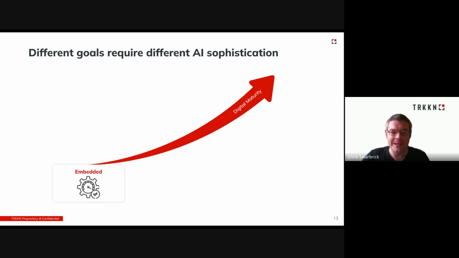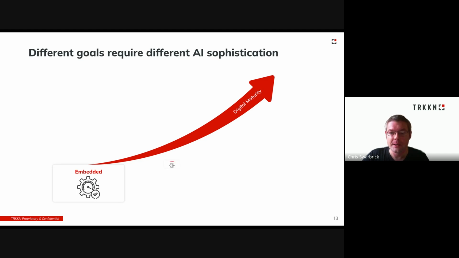So to begin with, we have embedded AI. This is AI integrated directly into advertising platforms or software. It's focused on general efficiency and real-time performance in those platforms and will carry out tasks such as bid optimization or budget pacing without necessarily requiring more than a target goal from yourselves. It is absolutely working on your behalf, but it is delivering the same capability for any other users of that